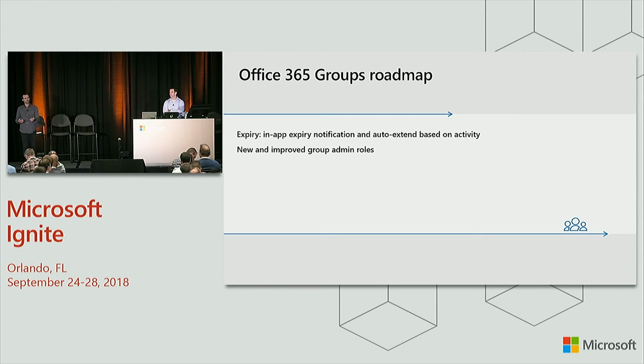And then the other, we're giving all those lifecycle permissions to the Teams admin role. So there's two new roles, and there's a session this week that talks about that. So that's augmenting those specialist roles. In addition, at the end of the year we will be introducing a new group admin role, which will be dedicated to managing Office 365 groups. So again, if you're not the SharePoint person, if you're not the Teams person, and your job is just to manage everything around lifecycle and membership around groups, we'll have a new role that you'll be able to leverage pretty soon.